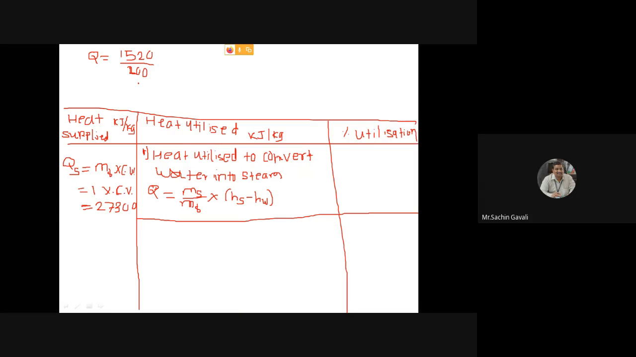Okay. Now the value of HS we have to calculate. How to calculate this HS? HS means what? Steam is wet steam. Therefore, HS is what? As steam is wet, write down here: HS is equal to wet steam enthalpy. Therefore, HS is equal to,